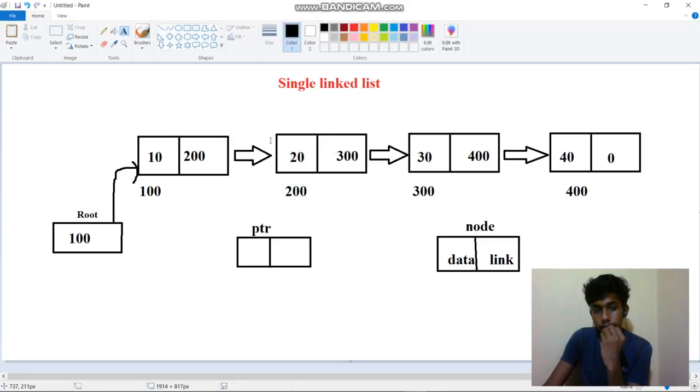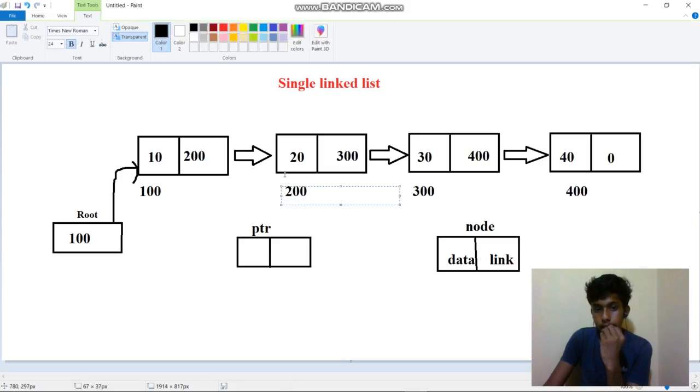Likewise, after the compiler points to this address, 200, at address 200 the data is 20 and the link path is 300. That is, 300 is the next node address. So from the second node we can access the third node.